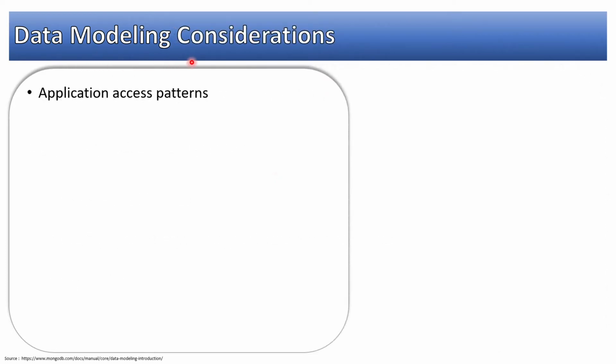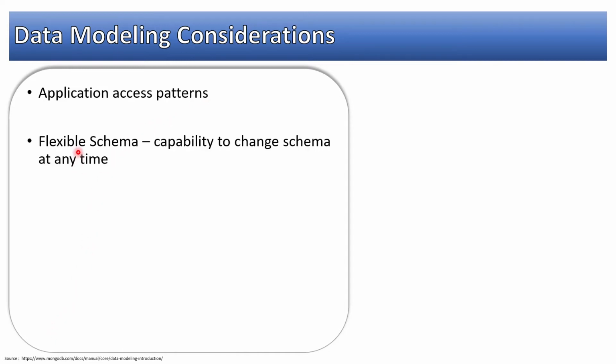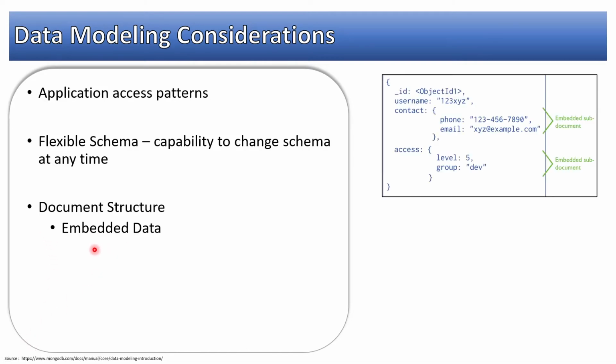While designing the data model for MongoDB, or for that matter most of the NoSQL databases, you should focus on access patterns. What does access pattern mean? It means how your application is going to access the data from the database. This is a critical consideration while designing the schema for MongoDB. Flexible schema, the capability to change schema at any point in time. Document structure, that is, how your document structure should look. Whether you want to have